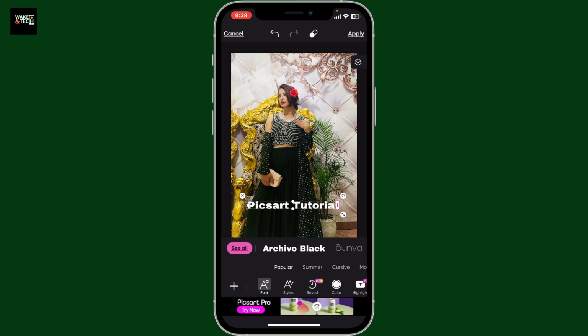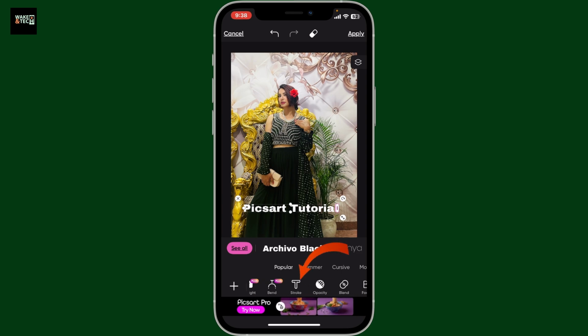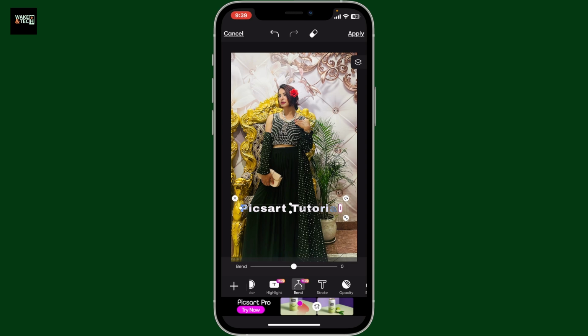Simply go ahead and resize the text, place it on a desired area within the frame, and then while selecting the text layer, go to the bottom menu and look for the bend option at the bottom. In order to bend the text, you must be a Picsart Plus subscriber first, and after you have it, you